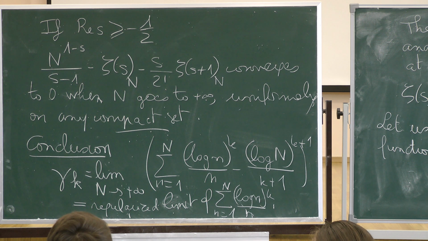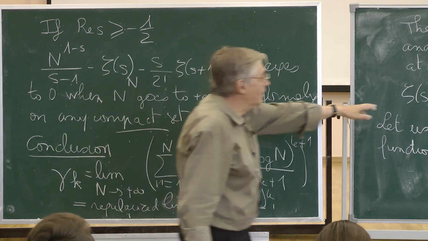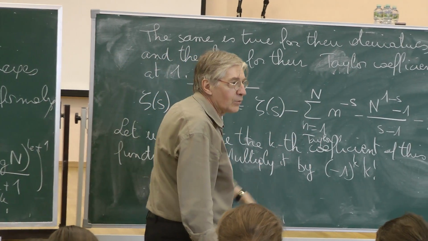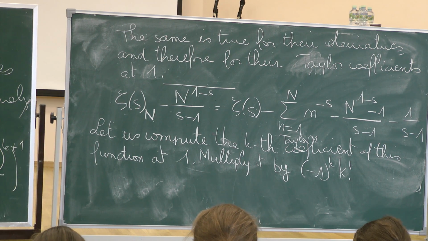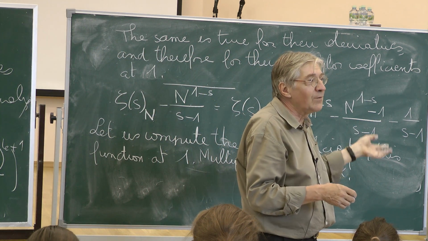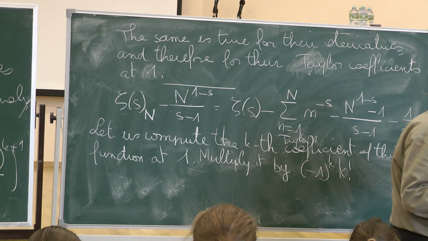And let us now try to work out what happens at 0. Let me see, yes, I still have a small amount of time. So of course, if we have to work at 0, instead of taking only these two terms, because these two terms work well only when real part of S is larger than 1/2, we have to take 3 terms because we want to have a region that covers a small neighborhood of 0. And you understand very well, if you want to work at -1, you will just, in the translation formula, keep 1 more term, and that's all.